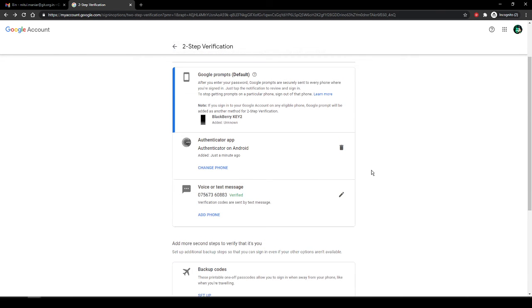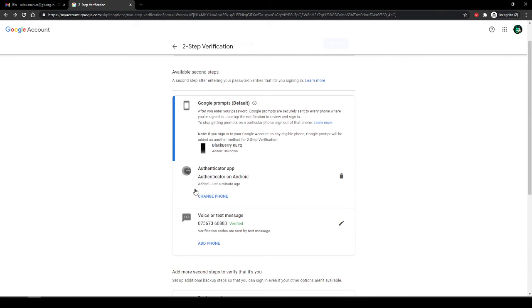So it is going to give me 3 steps. I have 3 different methods of verifying my login. First default, I would like to have as the Google prompt, that is the on-screen prompt that you saw a few minutes ago. The second method is the Authenticator app. If this on-screen prompt is not available, I can always use this Authenticator app. If this is also not available, I will get an SMS as a login option.